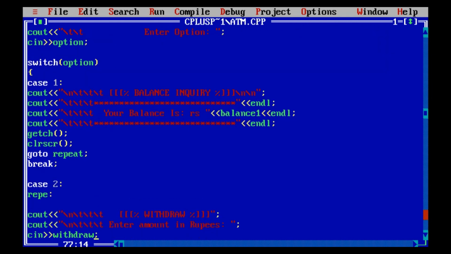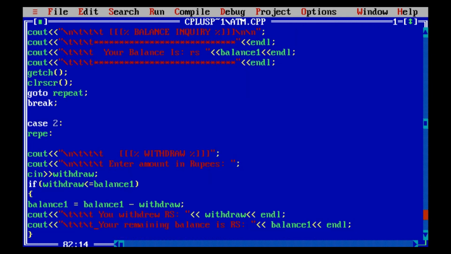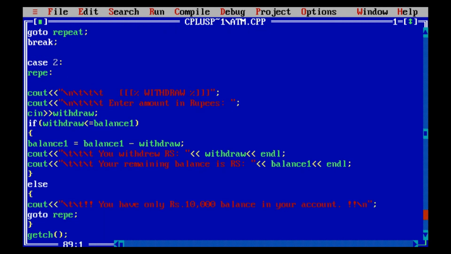And down below here is case 2. In this case 2 I have used one go to statement which is rip. I have used it because when we try to withdraw more than 10,000 rupees, it will show an error, you have only rupees 10,000 balance in your account, and after showing that it must again go to the withdraw screen.